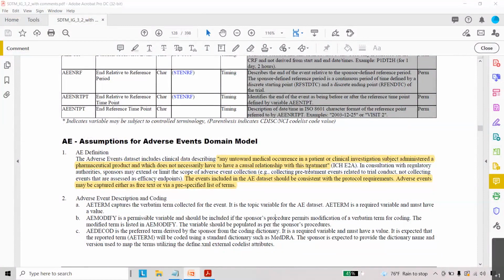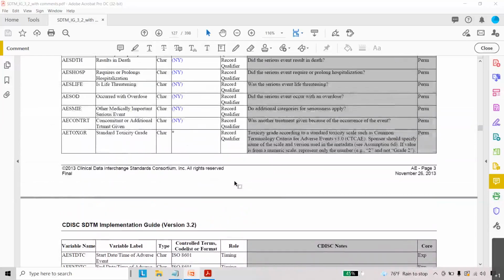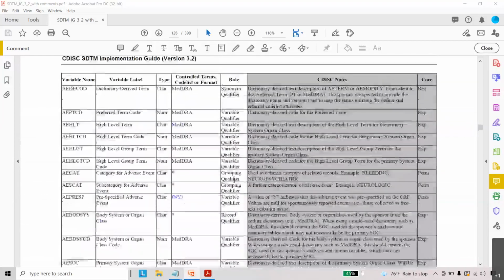The important thing is that if a subject gets any untoward medical occurrence, that event is not necessarily related to the administered drug product. So we have a variable, AEREL, which captures whether the treatment drug is related to the adverse event or not. We'll see the variables one by one.